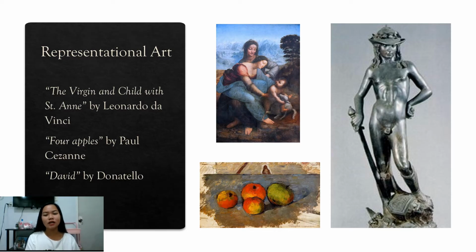And you also have another example of representational art, which is a sculpture. This is by Donatello. So he is also a famous sculptor. And this one is entitled David. So last time I also showed you David, pero lain pod to, si Michelangelo ato. So this one right here, this is the work of Donatello. So it's representational art because it represents a human being. So si David, I don't know who this human being is or kinsa ang inspiration ani, but that's a human being. So it represents something. That is representational art.